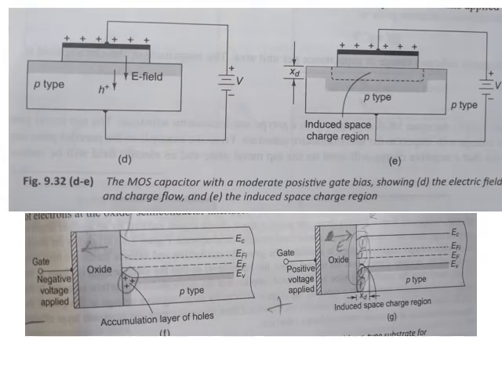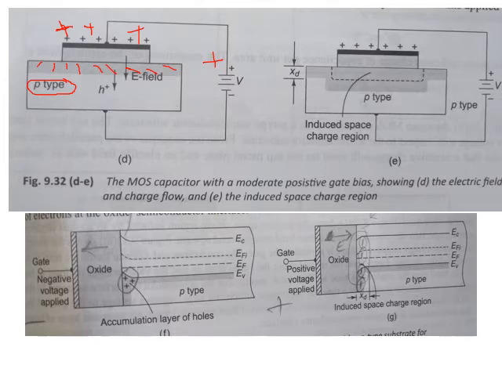When we apply positive potential, positive charges will develop across the metal or the gate, but we don't find an equal amount of negative charges on the boundary between the oxide and semiconductor. Why? Because this is p type we have taken, and in p type we have electrons as minority carriers, not majority carriers. Hence we find that there is some depletion region, which is the shaded portion shown here, right?